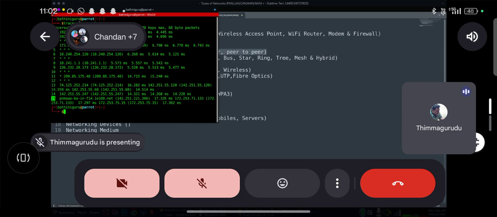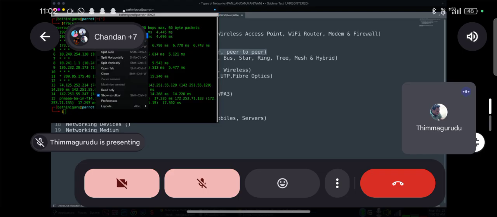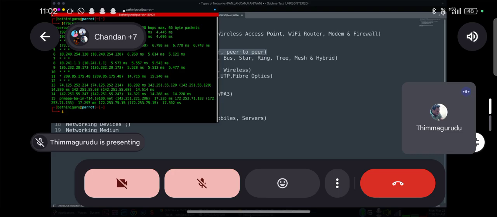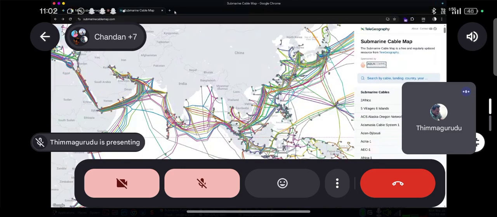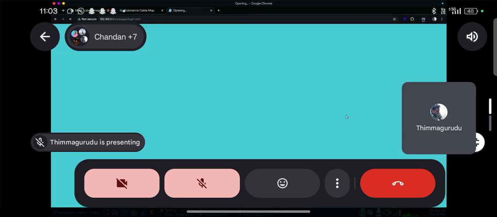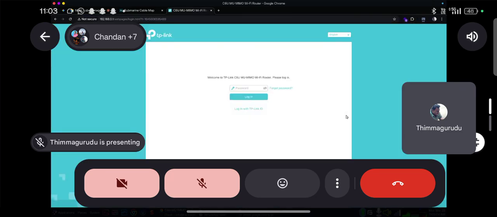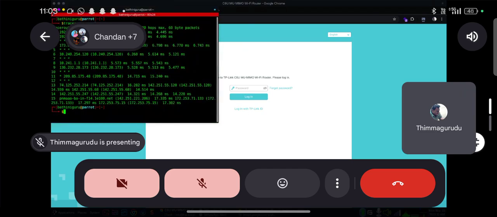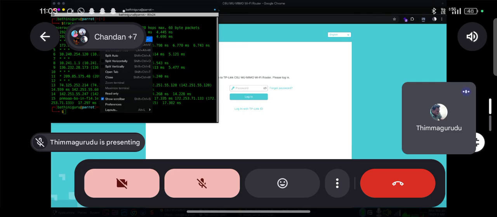Now if you access this IP address, you can find the router. You will get the router login page. See, the TP-Link router. Now this is